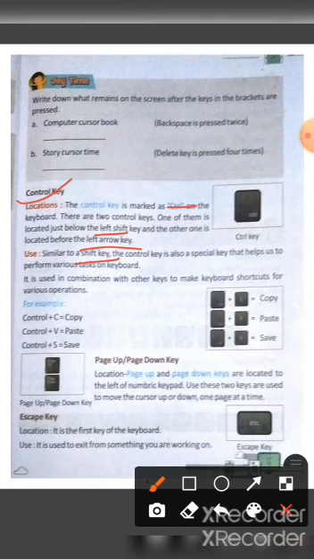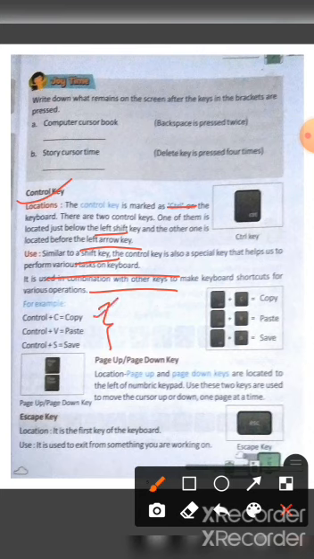The control key is also a special key that helps us to perform various tasks on the keyboard, and it is used in combination with other keys to make keyboard shortcuts for various operations. For example, Control plus C, we can copy anything.